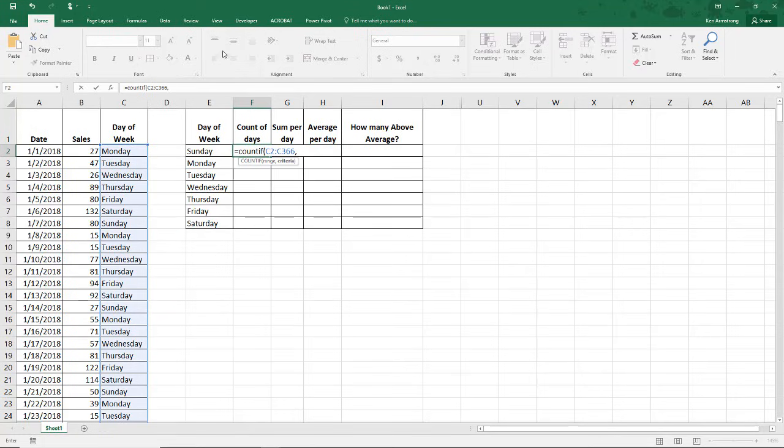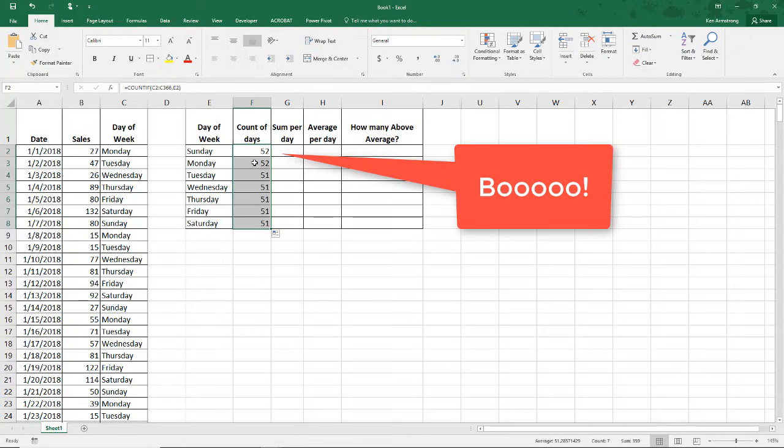Now I hit the comma key, and I click for my criteria. This is my criteria. So how many Sundays do I have in that column C? Click on that, close my parentheses, and I have 52. Now the natural tendency, don't do this, so I hope you're listening to this audio. If you just click and drag that down, you'll get a bunch of answers.